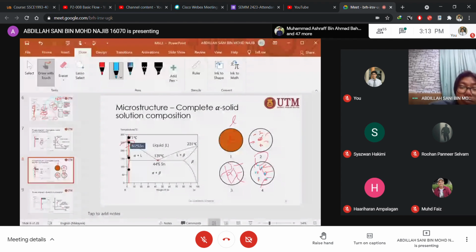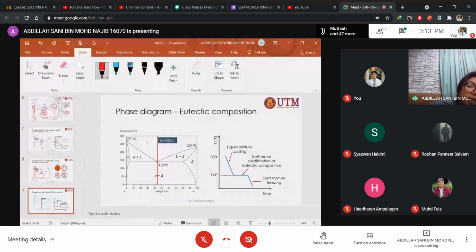All right. So see this one from the phase diagram, we know, okay, if we are at this point, this is the phase. We are at this point, this is the phase. This point, this is the phase. All right. So if we have that amount, this composition, now we change the composition. At this very point, where we call it the eutectic point, what happened is